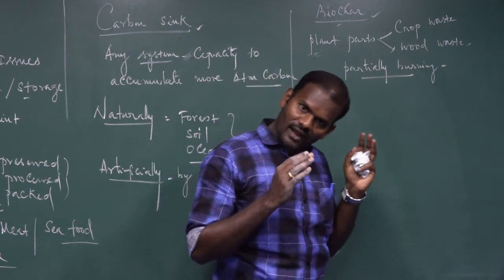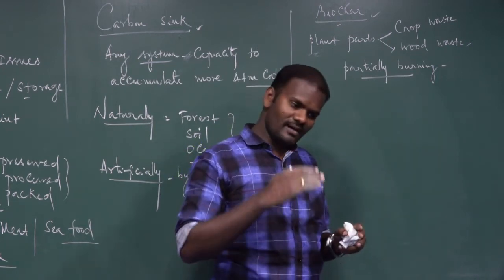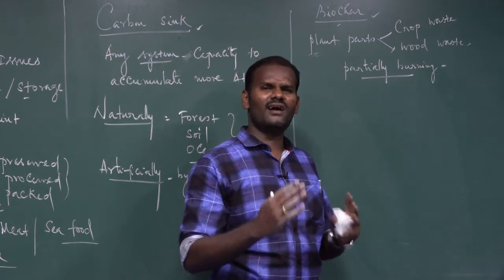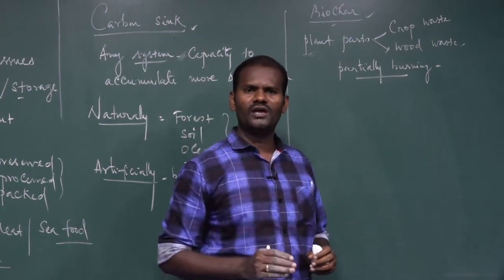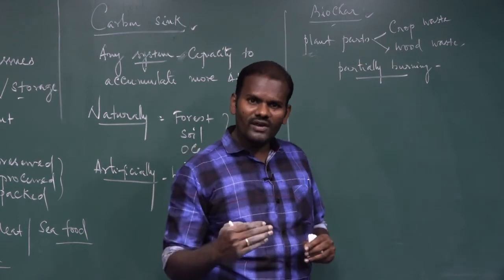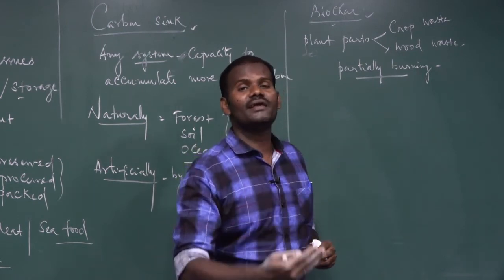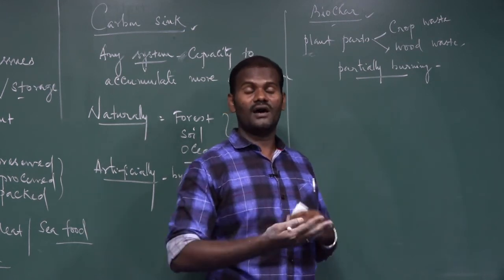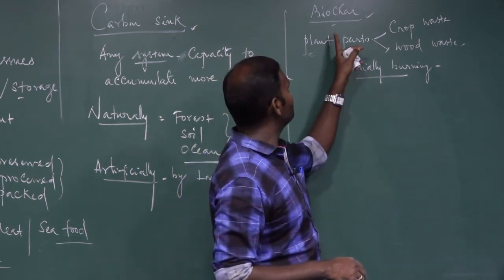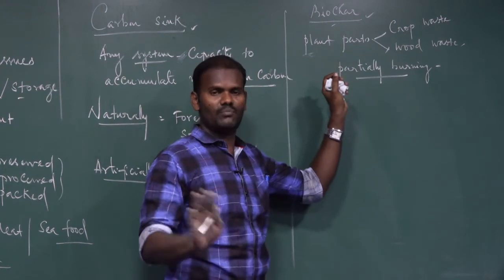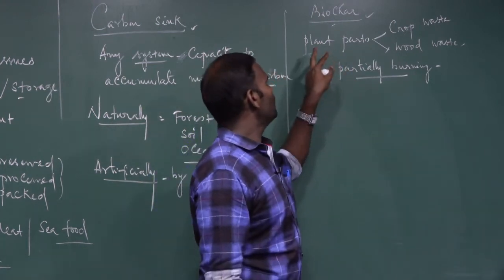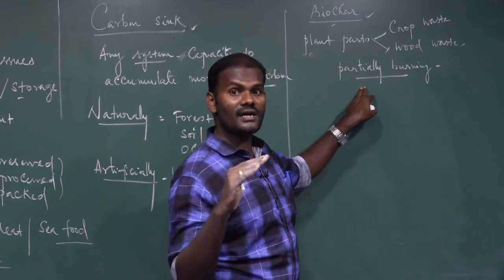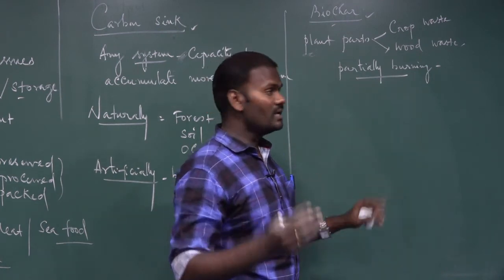If the organic material, plant material, burns completely, what will happen? They release ash. The entire carbon is released to the atmosphere. So we have to prevent or restrict the complete burning of carbon material. They store them for long durations. That is called biochar. Biochar is nothing but the plant parts that burn partially, not completely,